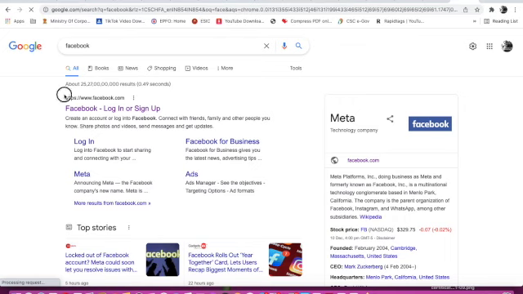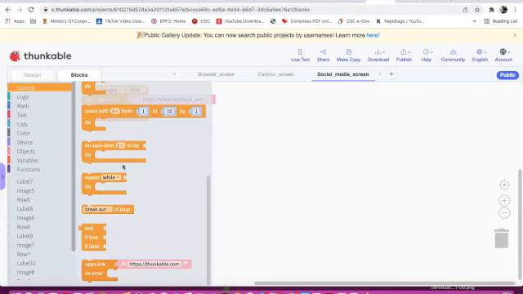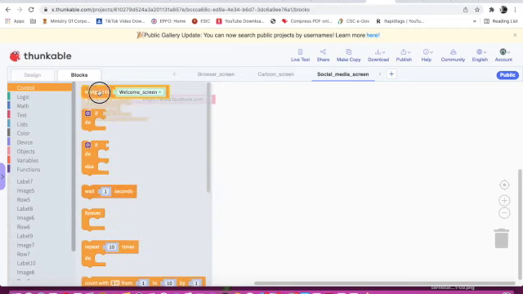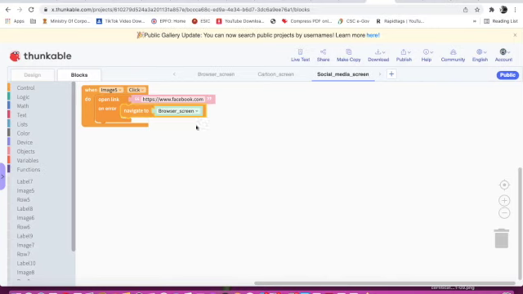I will copy this and here I will paste it and I will delete it from here. Yes, and navigate to browser screen. Here I will take navigate to browser screen.